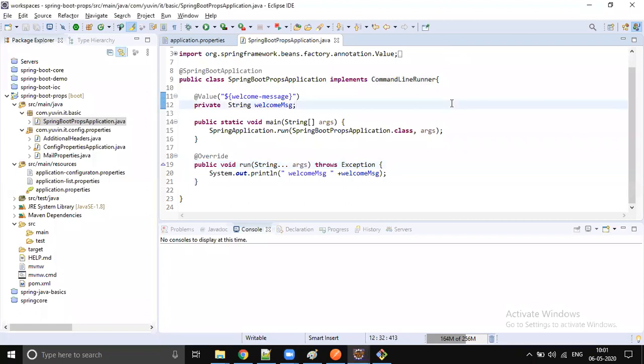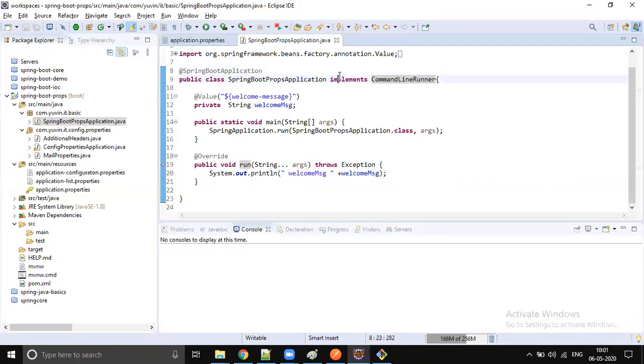Implements is not a good practice. Exactly. This is what we have been discussing for the last two to three days: don't use implements, don't use extends. When I am doing implements, you would have been asking, you only said this is a bad programming practice and again you are doing it and asking us to do it. Then what is the best coding practice? What am I going to learn?